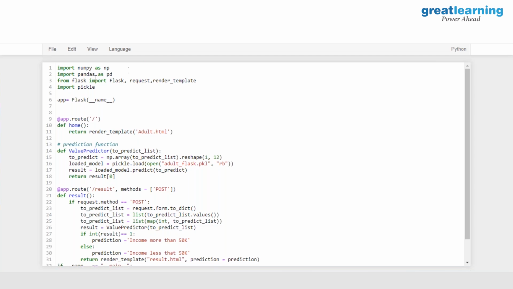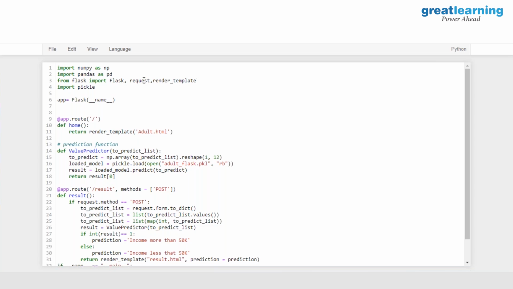These are two standard libraries which I have used, NumPy and Pandas. I am using Flask, right? Flask is a package which I have loaded using pip. Once it is loaded, I'm using it. So I'm using Flask, and I'm using request and render_template. Okay. Now, what are request and render_template?